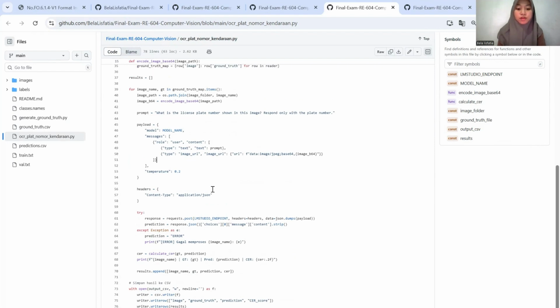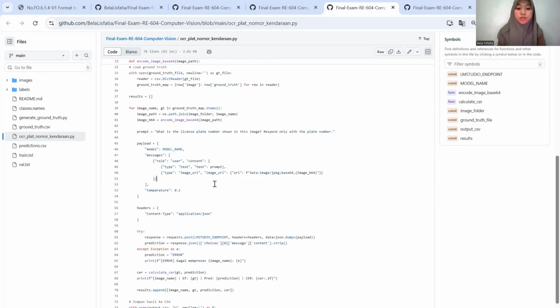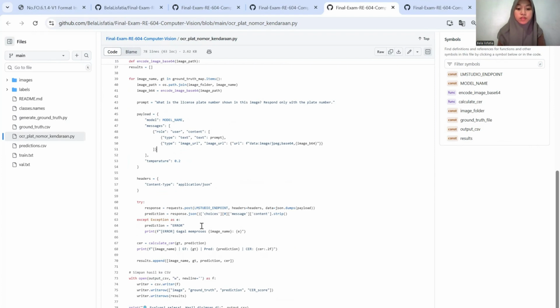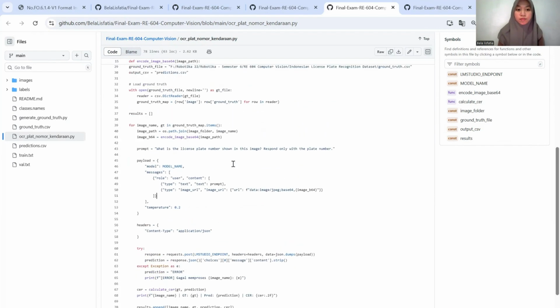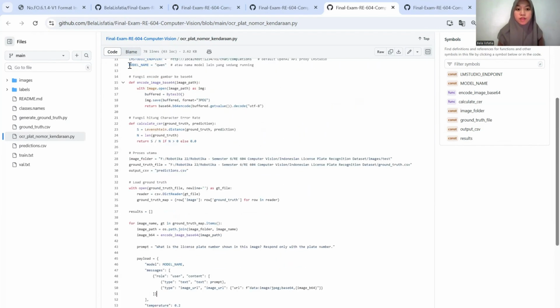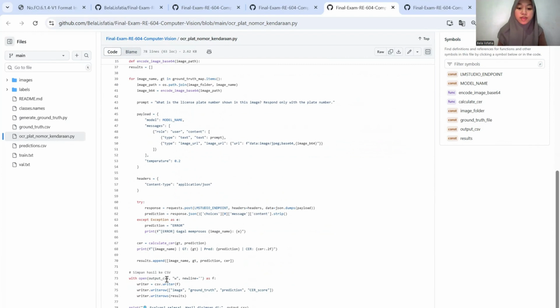For the inference and evaluation process, the inference is performed through the prediction process using the VLM model, whose name is Qwen, to read the license plate content based on the image input and prompt text. The evaluation process is done by comparing the prediction result with the ground truth using the character error rate metric.